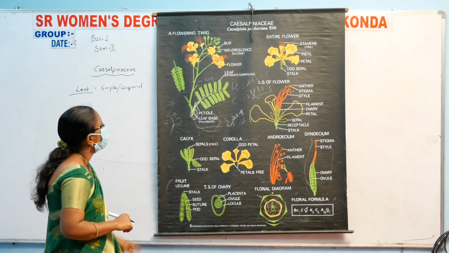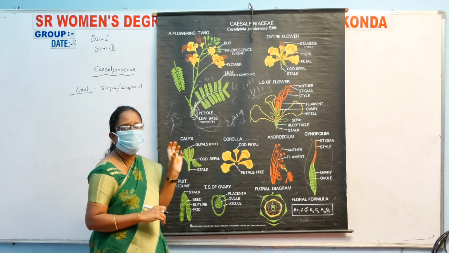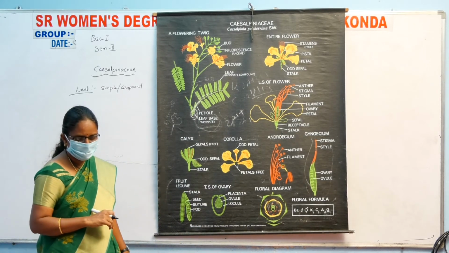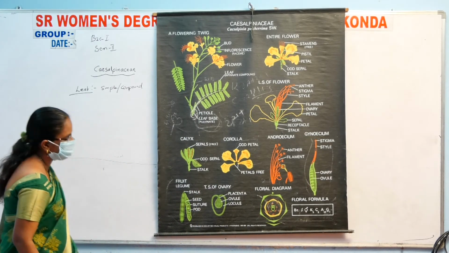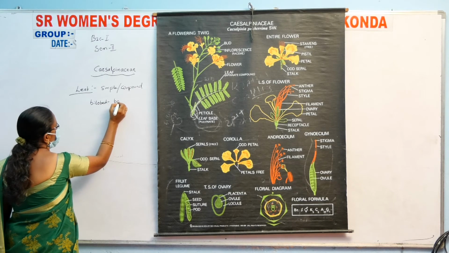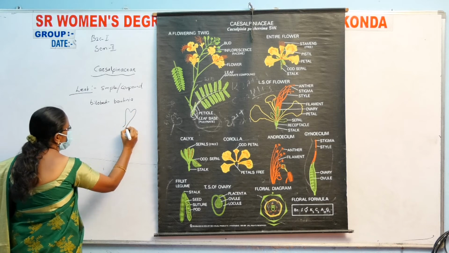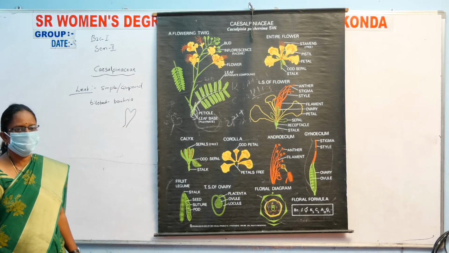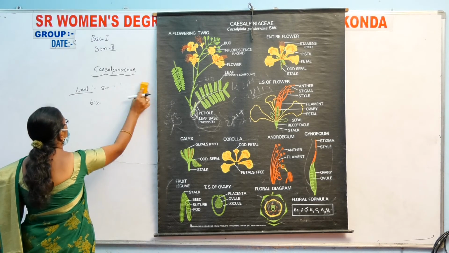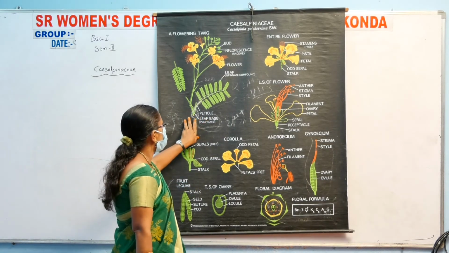In Cassia auriculata, unipinnately compound leaves are present. Bipinnately compound leaves are present in Caesalpinia pulicherma, and bilobed leaves are present in Bauhinia whorley. Bilobed means two lobes. Normally simple or pinnately compound leaves are also present in the Caesalpinaceae family.